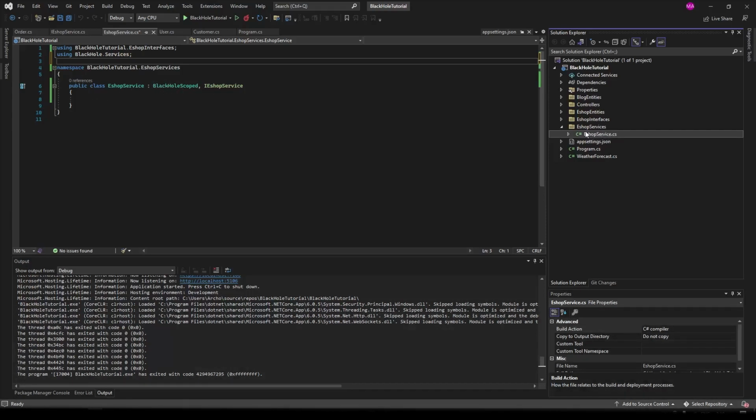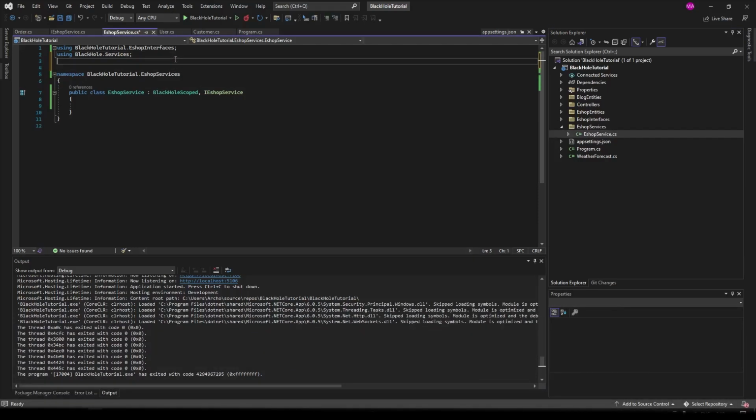So we come here in our ESOP service that we have already created, and we have to add the reference to this namespace, BlackHole.Core. This is the main namespace of BlackHole. Here are all the tools that you're going to need. So we reference BlackHole core here, and we want to make a constructor for this service. So public ESOP service, and here we want to add some interfaces. We want the BlackHole data provider interface, so we can add private readonly,